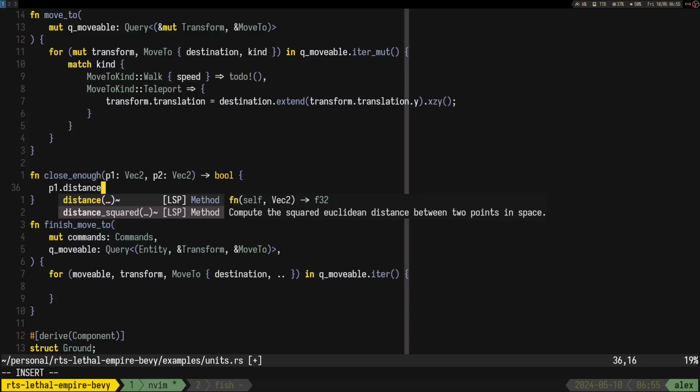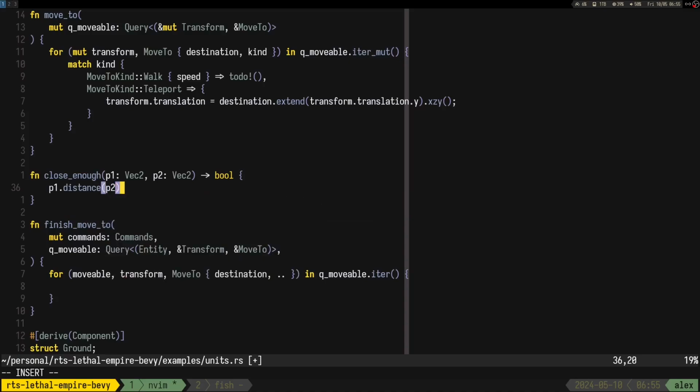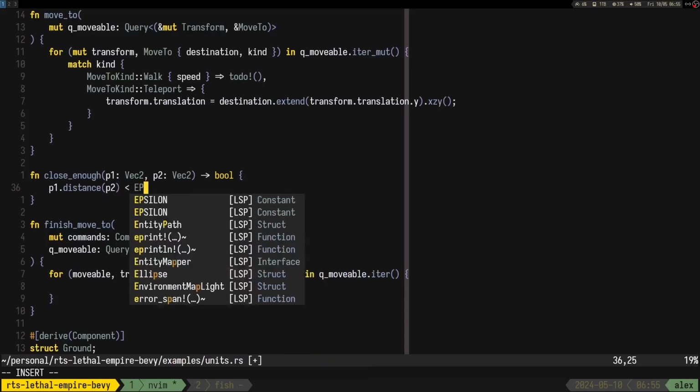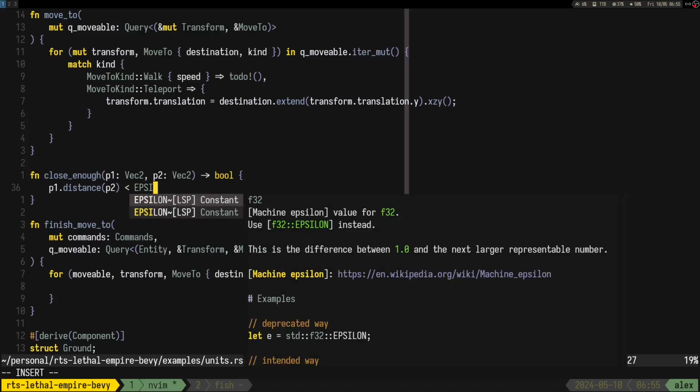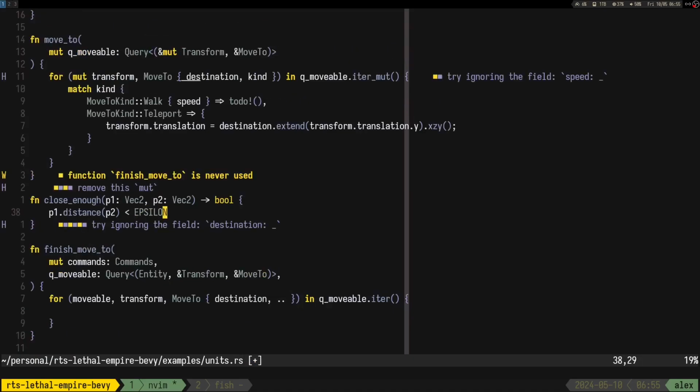Bro, there was a point where I was thinking, like, if you do the magnitude, is the distance square, right? I was thinking that if you do magnitude instead of distance, you gain performance, but it's just the square root. Does it even matter? I mean, sure, if you do it like 1,000,000 times, it's gonna add up, but whatever. Epsilon, I think this is for F32. Okay,